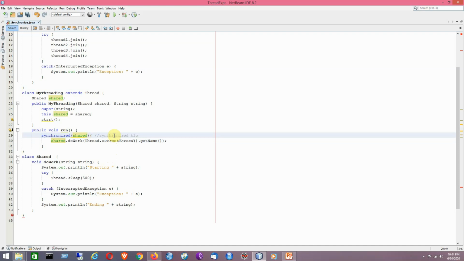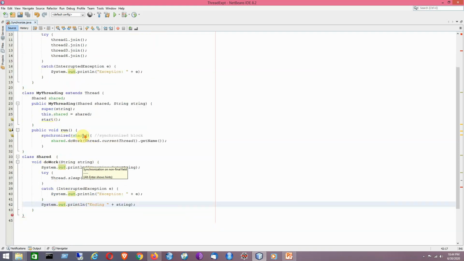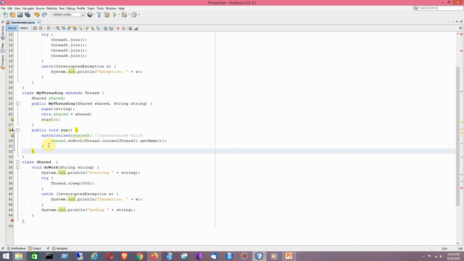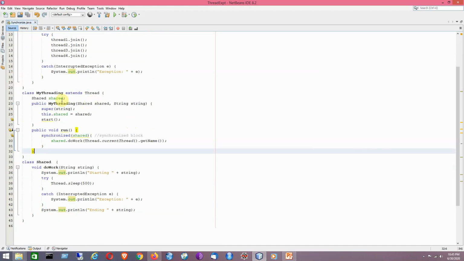By using a synchronized block, we can provide mutual exclusion. Some of the closing braces might have been deleted, so I have made it right. Now there is no compilation error.